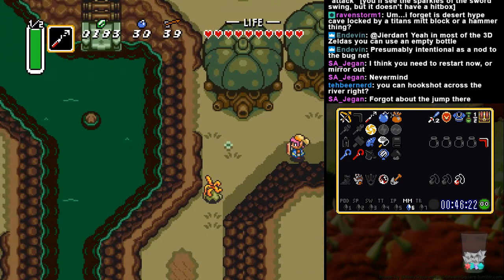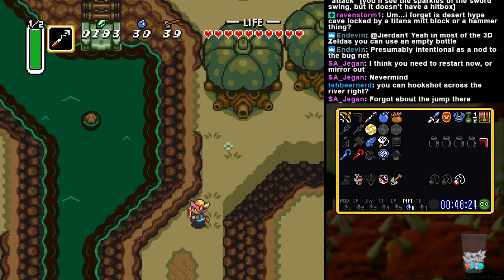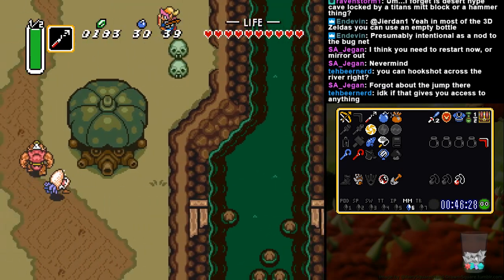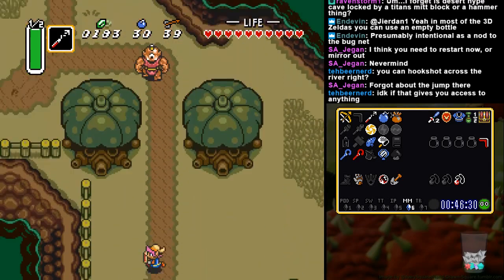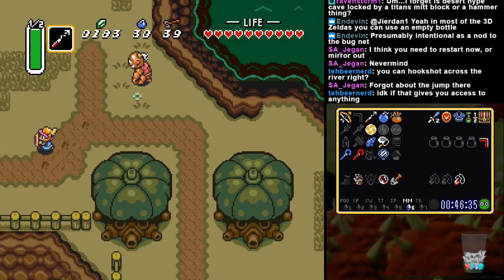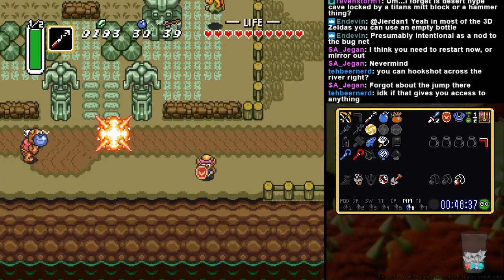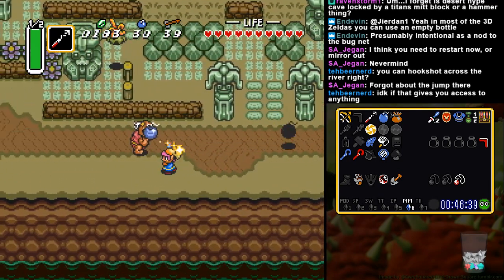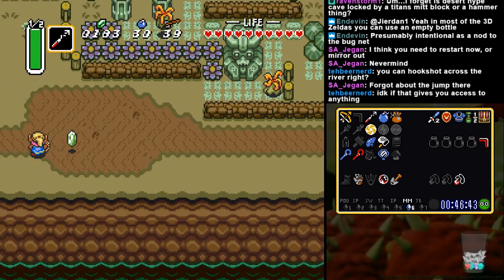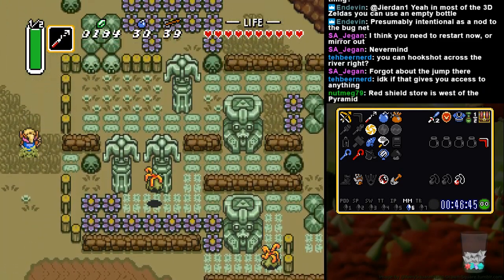Yep, you can hookshot across the river, and that's what we're gonna do right now. Because otherwise, we're not getting anything done in this world. Yep, it gives us access to the Blind House. Well, not the Blind House, but the Blind Town as well, then the Blind Dungeon. Because there is absolutely no item in it that is necessary for this to be...